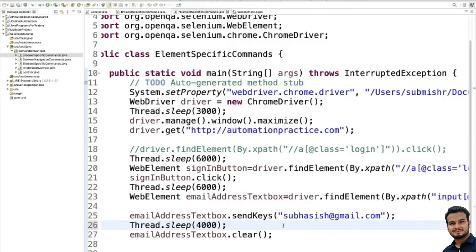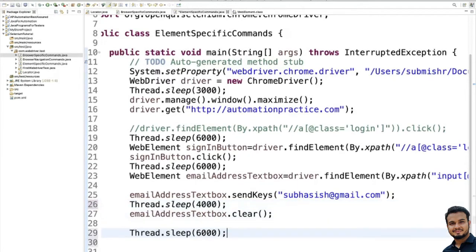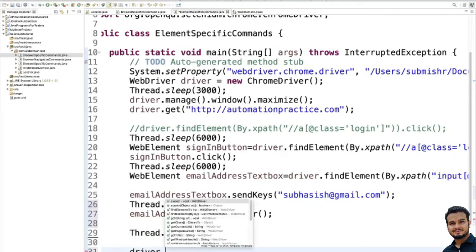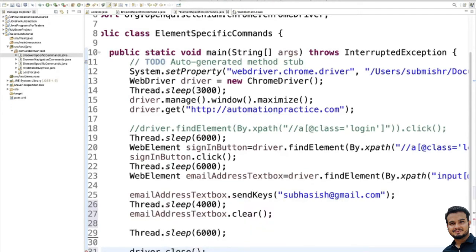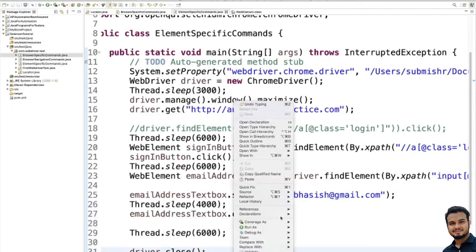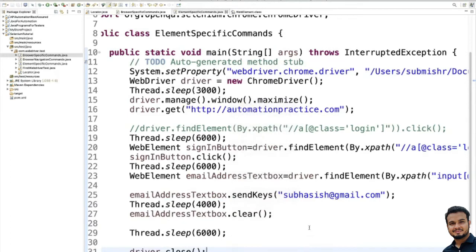I'll just put 4. Then what we'll do, driver dot close. Okay, let me execute it. Let's see what is happening.